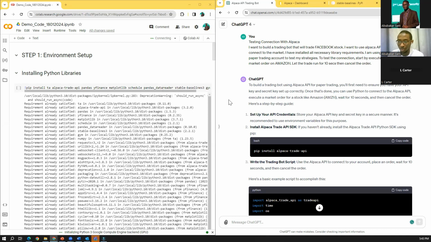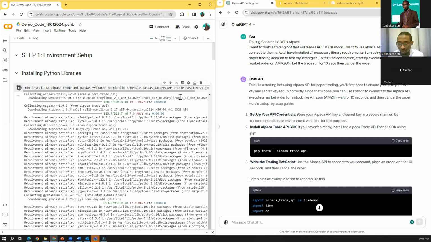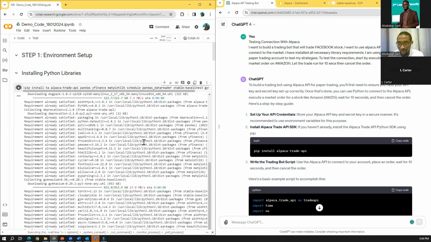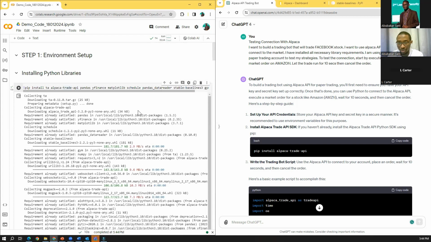All right. So we have our system here. I already got almost everything ready for the sake of time. The first thing I did was to install libraries, which is the first step, environment setup, and these are the codes. Just execute this line and all libraries are going to be installed accordingly. Okay. All right. So this is done.